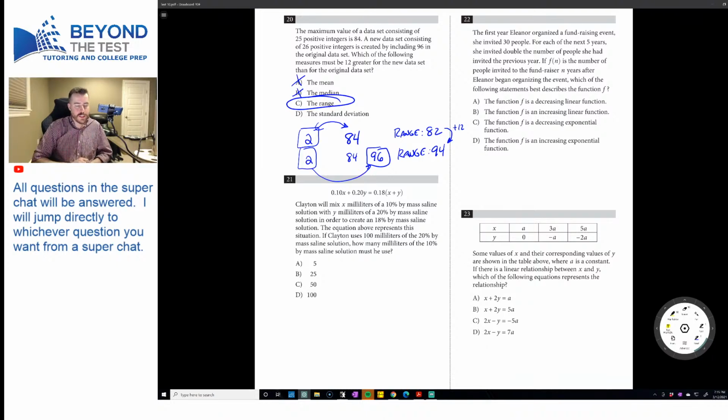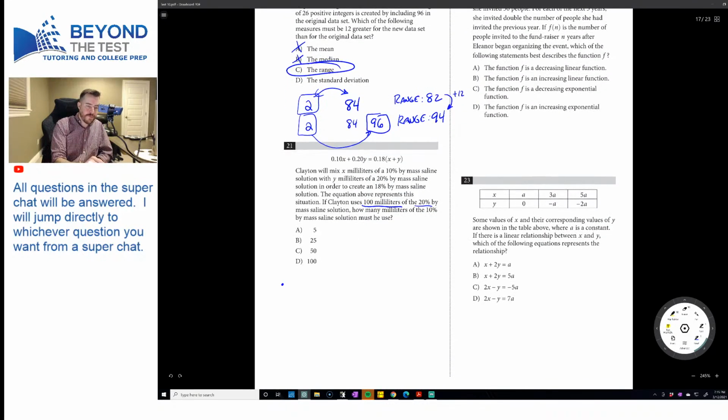Okay, so we're just going to go ahead and substitute this in then. Clayton's using 100 milliliters of the 20%. All right, so let's fill that in here. I'm probably going to need more room, so we should put this down here. So we have 0.10x plus 0.20. Now y we're saying is 100, equals